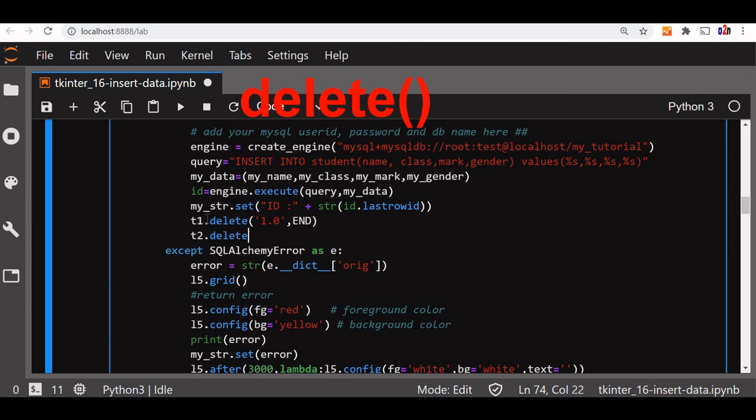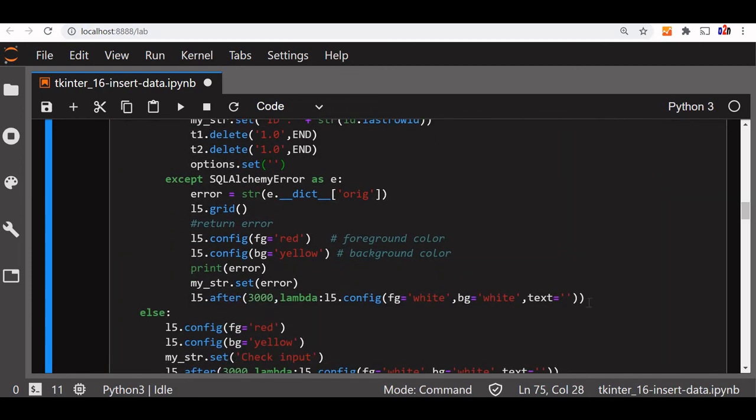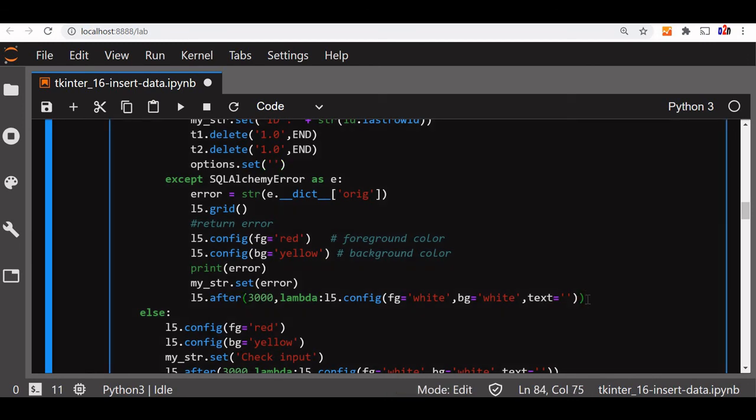We will delete this once we have successfully inserted the data into the MySQL table. Now what will happen to the drop down box? There are options, set blank. Now the ID also is displayed there.